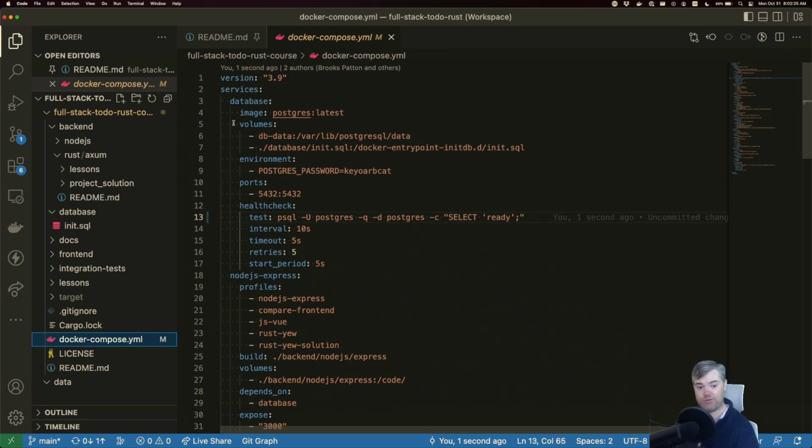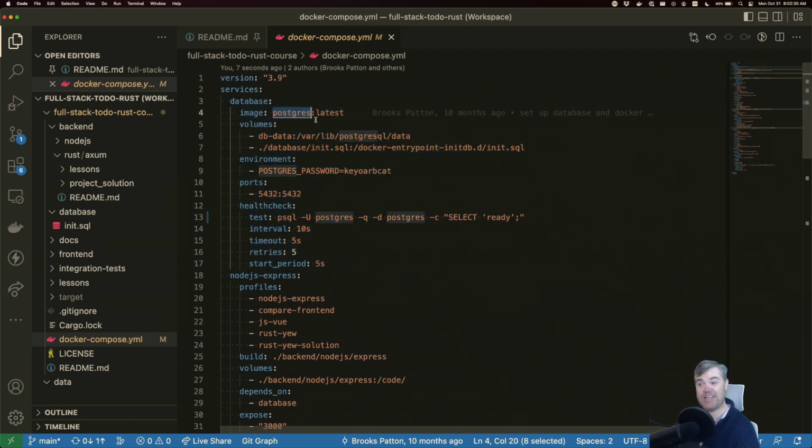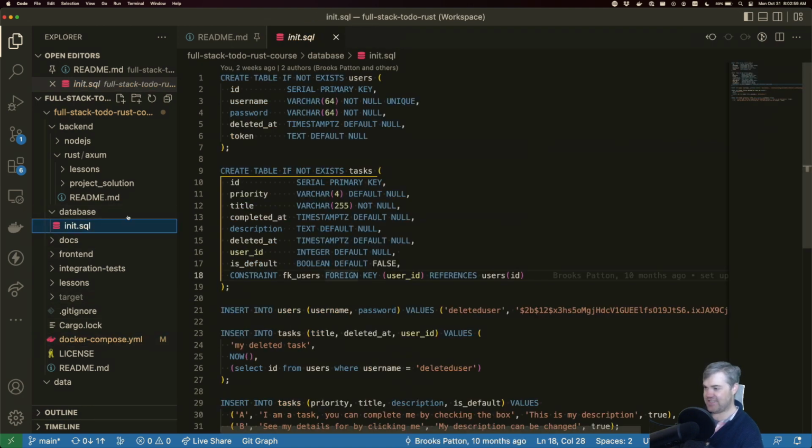The only service in here that we really care about is database. And we can see that it's going to use the latest version of Postgres. It's going to set ourselves up with the password keyorbcat because I misspelled keyboard cat. But I can't change it now because a bunch of people probably already have this set up in their scripts. And it's also going to use this init.sql file, which we can see under here, database init.sql,